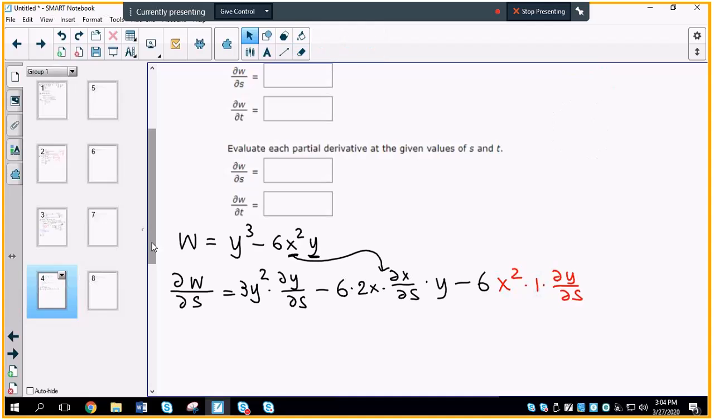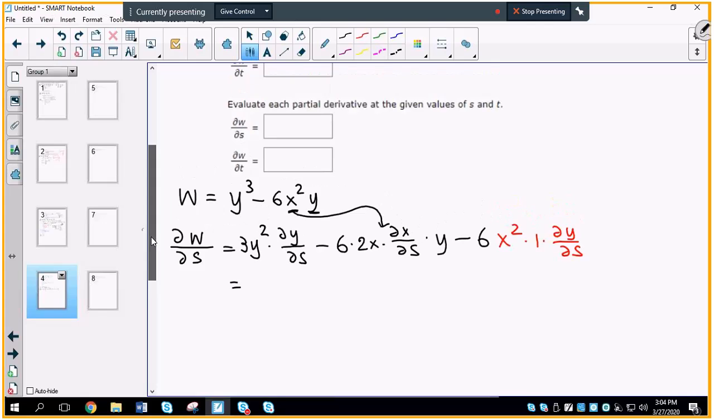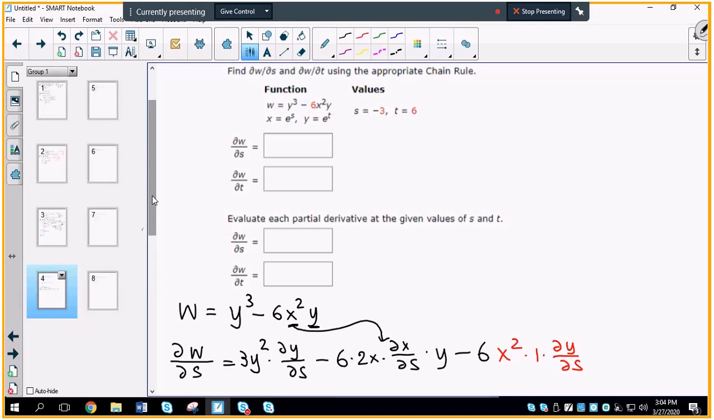So what is happening? I'm going to now simplify this thing. So del y del s, look at y. Y is, of course, a function of s. And